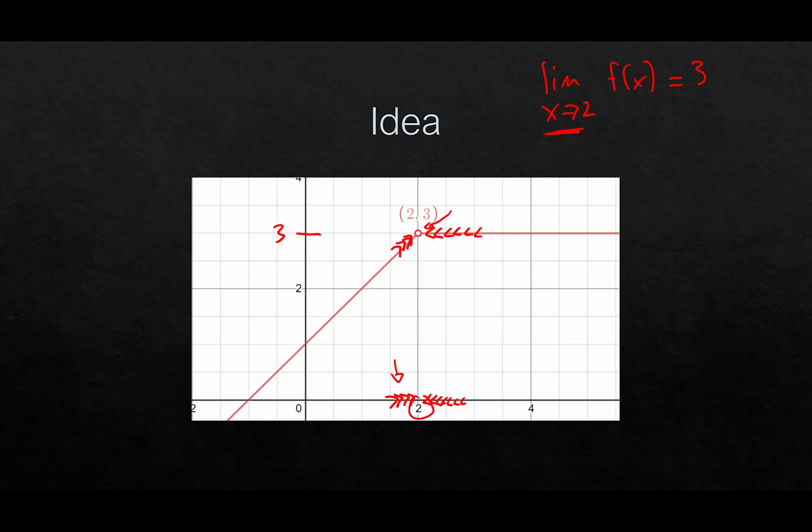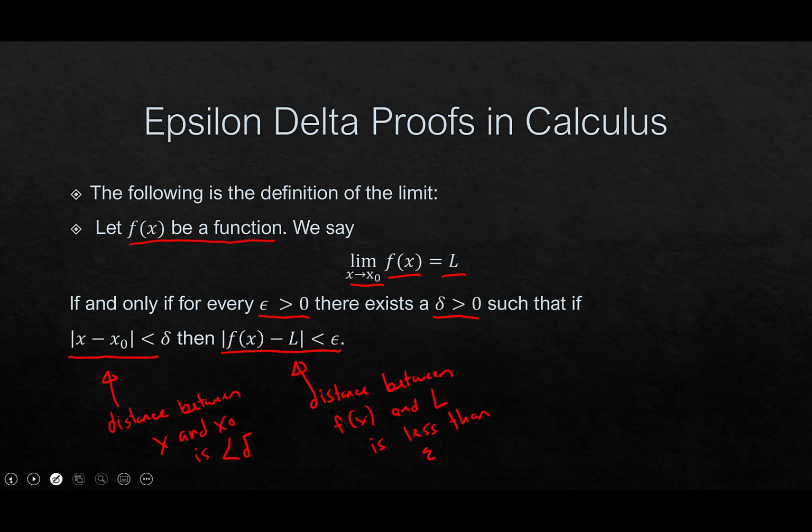Now, the problem with that, if you want to be very, very precise in mathematics, is this idea of closeness is not a well-defined thing, at least intuitively, right? Because my definition of closeness might be different than your definition of closeness. Just think about people's personal bubbles, right? And I think I said this in the last video, but some people have no personal bubble, whereas some people have personal bubbles that are as big as a house. So the way that mathematicians made this idea of closeness precise is our epsilon delta definition.